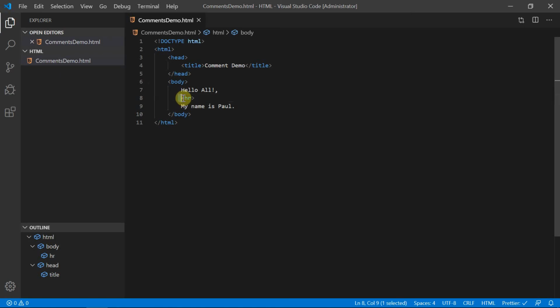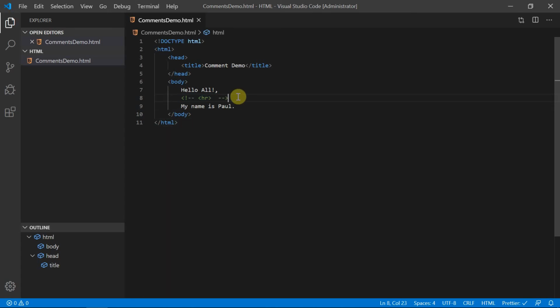Now let's go into the HTML code and comment a single line. For example, I want to comment this thematic break element or the thematic break tag. For this, we have to surround this line or this element with an opening comment tag and a closing comment tag as shown here. So whenever this code is rendered in a browser, the horizontal line which was displaying will not be visible now. Save this and let's go into the browser and refresh the page to see the changes. Now we can see that there is no horizontal line being displayed here because we have commented that.